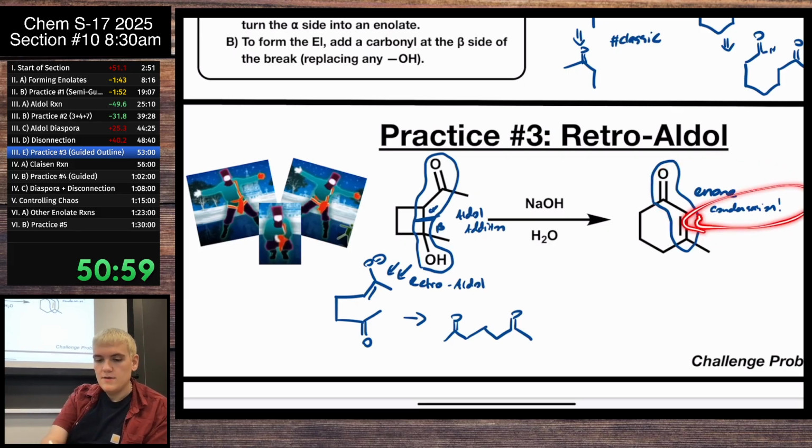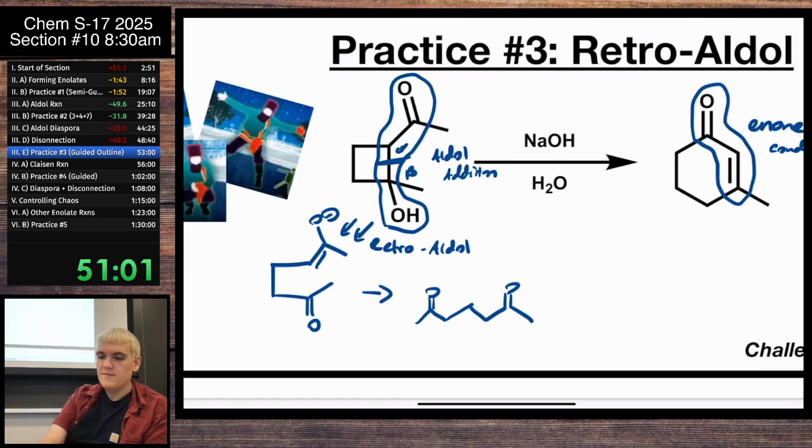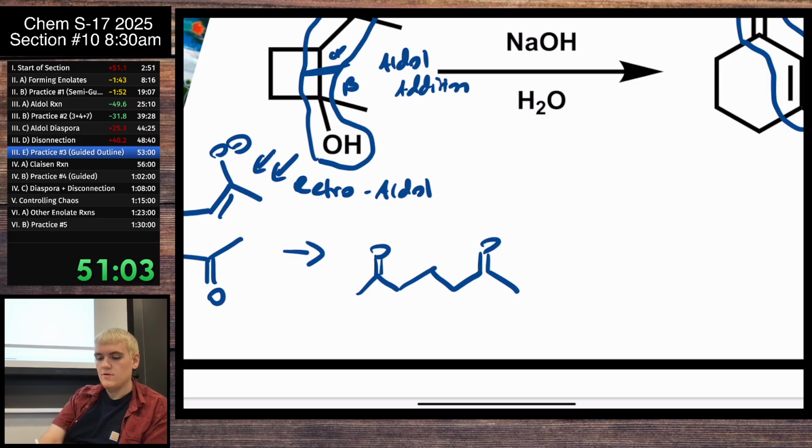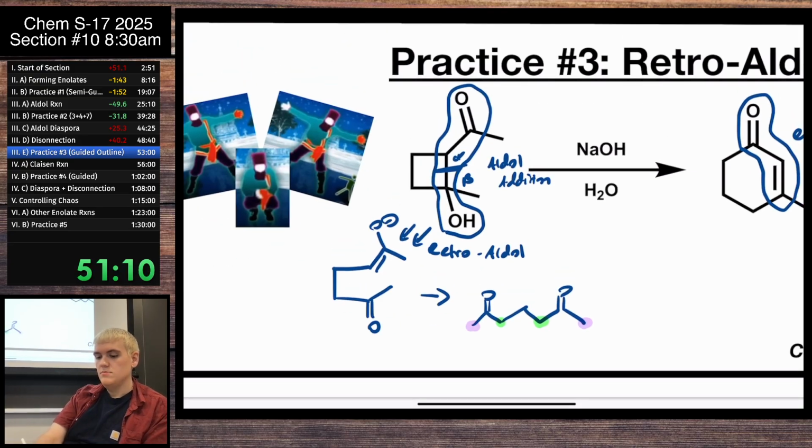But if we look at our enolates, this is a symmetric molecule, so we either have the green version or we have the purple version. If we do the green version, then we go to this enolate and then we go to this product, so it would go backwards to what we had just done. But if we make the purple enolate, so if we deprotonate this,